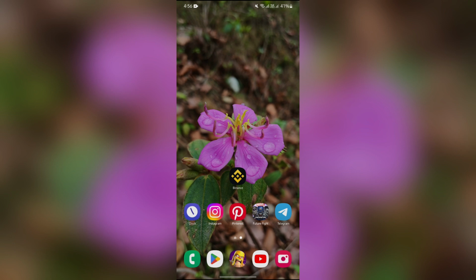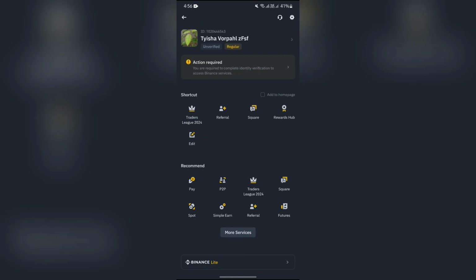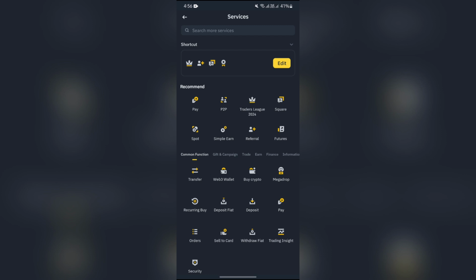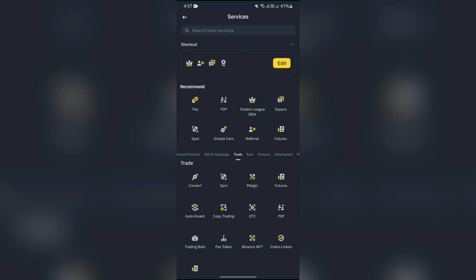Now in order to do that, just simply open your Binance application. And after opening the Binance application, you can see a lot of options on this homepage. Now you just simply have to tap the Binance icon in the top left corner, and after tapping there, you will see the option of More Service. Tap More Service, and when you tap that, a lot more options are going to appear. And then just simply move on to this Trade section here, and after that you will get the option of